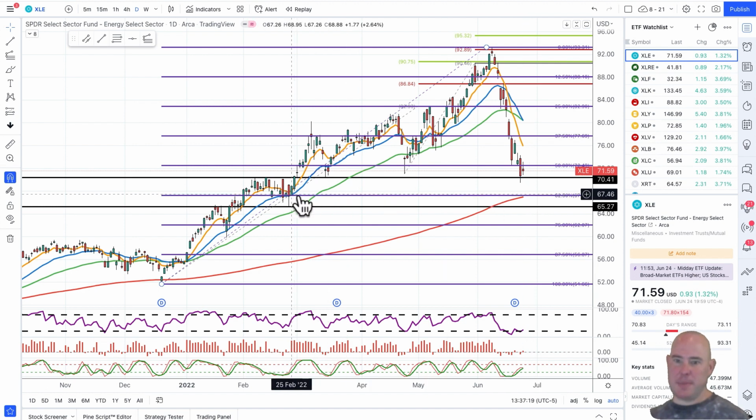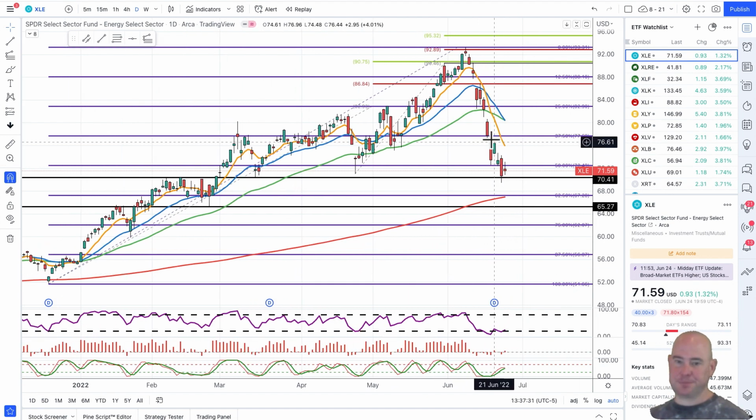Major support would be back down at the 62.5, so that'd be 67.12. But anywhere in here, we could form a bottom position. We have a little divergence with the RSI on the daily. So you see lower low, higher low RSI. But that would just be a very aggressive buy signal, and there's a very aggressive buy signal on a daily close for the next 2 days only, above Thursday's high price of